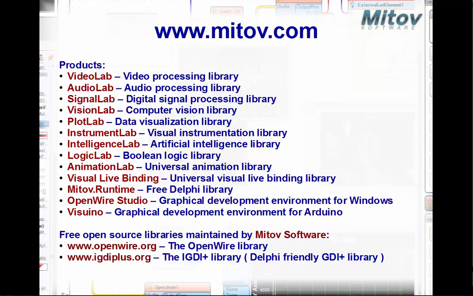They include VideoLab, Video Processing Library, AudioLab, Audio Processing Library, SignalLab, Digital Signal Processing Library, VisionLab, Computer Vision Library, PlotLab, Data Visualization Library, InstrumentLab, Visual Instrumentation Library, IntelligenceLab, Artificial Intelligence Library, LogicLab, Boolean Logic Library, AnimationLab, Universal Animation Timeline-Based Library, Visual Live Binding, Universal Visual Live Binding Library, Mitov Time, a free Delphi library, OpenWire Studio, which we saw, a graphical development environment for Windows, Visuino, a graphical development environment for Arduino.